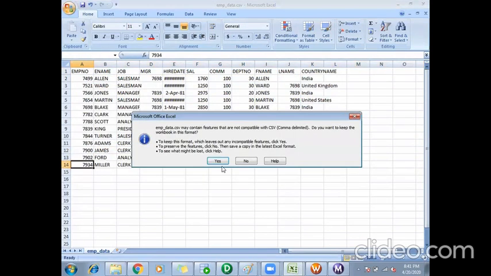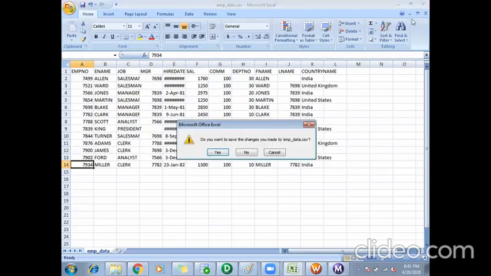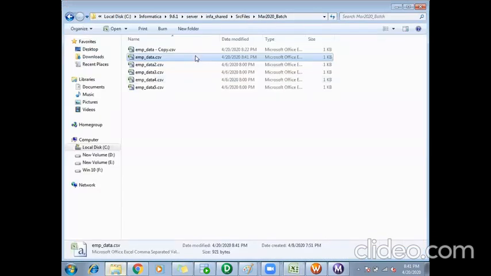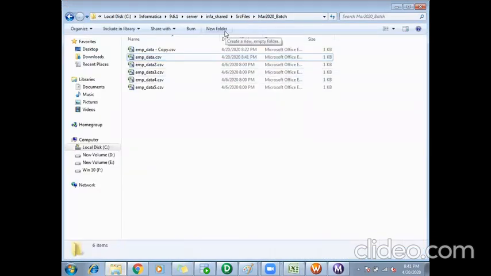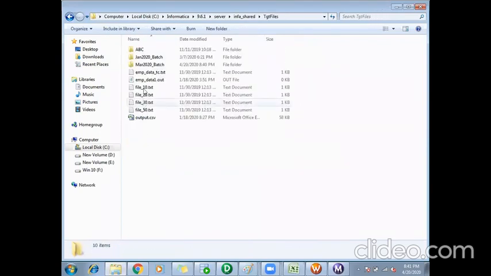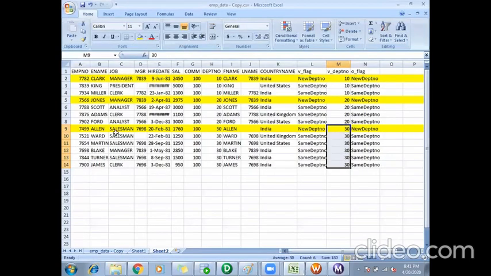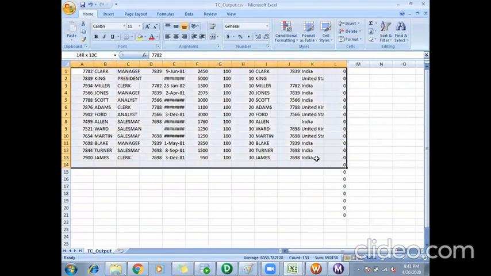Let me check. If I go to my target, where the target file is created, it will be in InfaShare target files, March 2020. Yes, you can see the target file created here, TC output. It has those records.